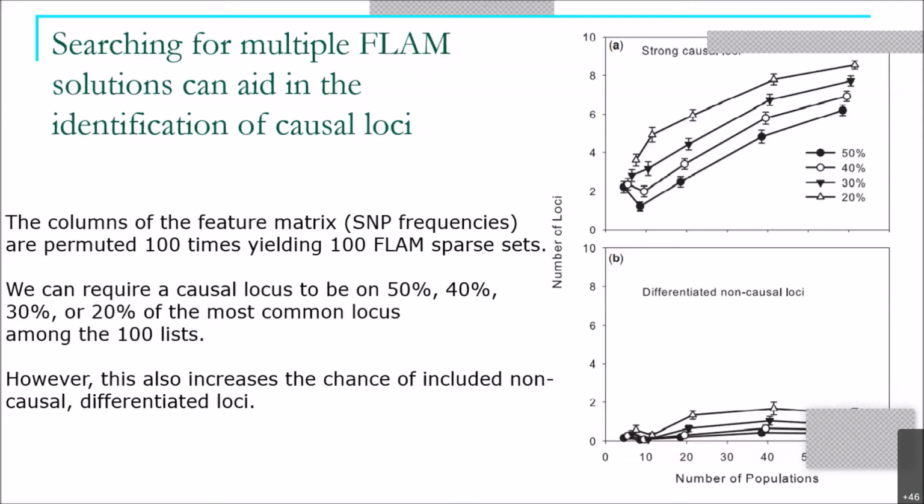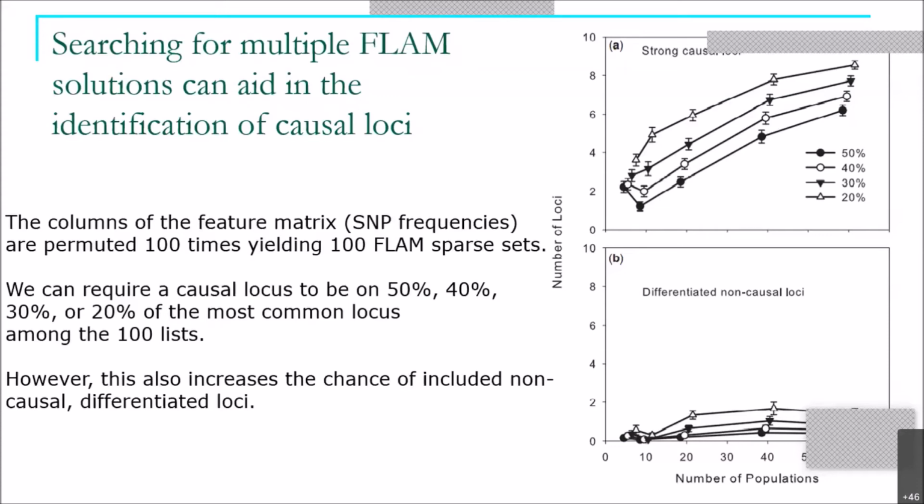through the entire genome. And Larry Muller decided it would be cool to take advantage of this to have, in effect, a statistical exploration of any particular body of data through 100 permutations of your genomes, which will give 100 FLAM models and a different set of 100 FLAM sparse sets, meaning the subset of genomic features used to predict the results, where in order for us as scientists to infer that a particular genomic feature or locus can play a causal role, we stipulate that it be present in 50, 40, 30, or 20% of